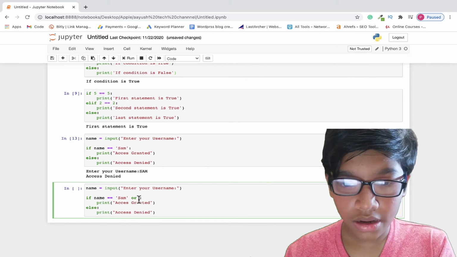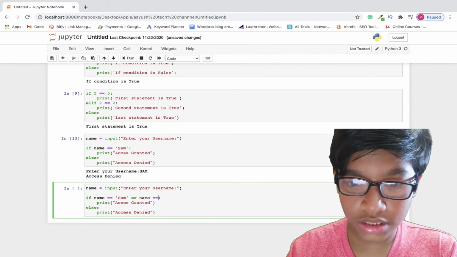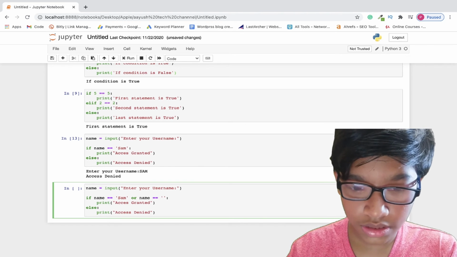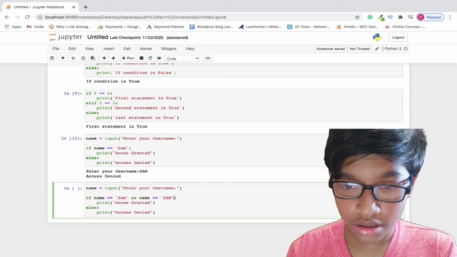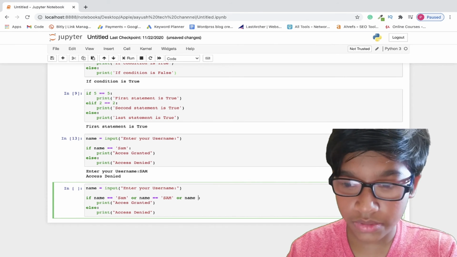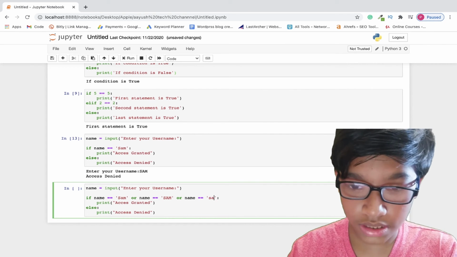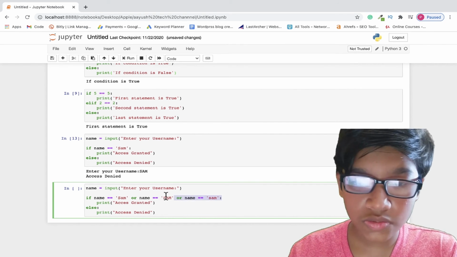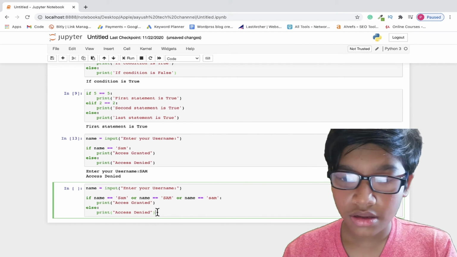Now I'm going to write OR name is equal to, let's take everything in uppercase, Sam. Next, OR name is equal to everything in lowercase.